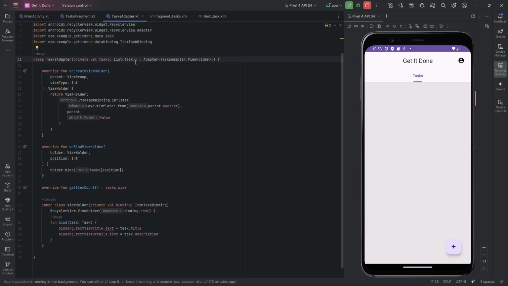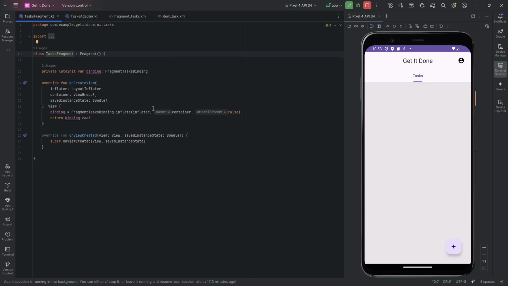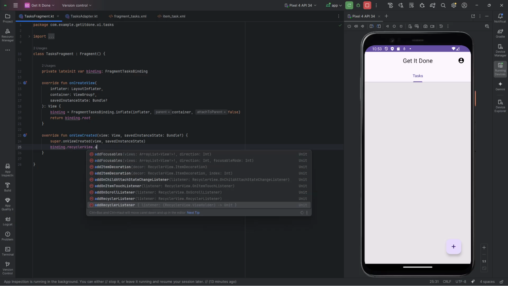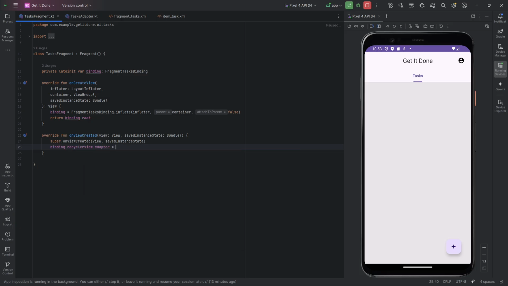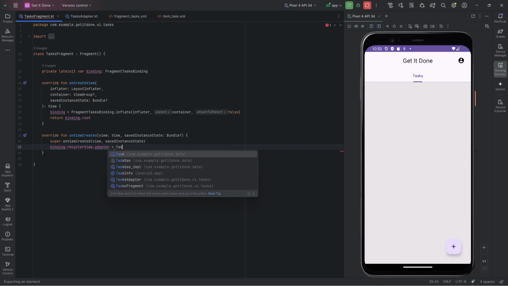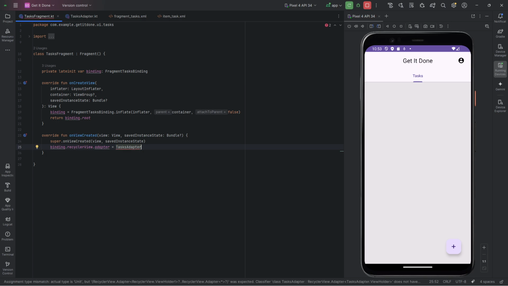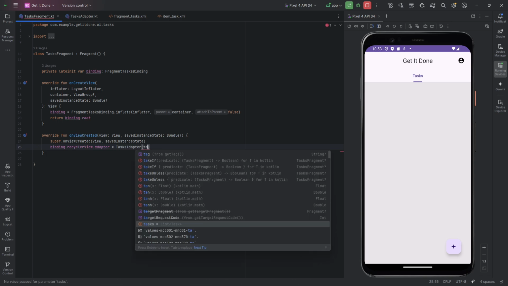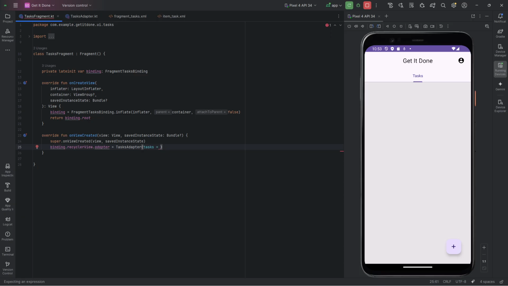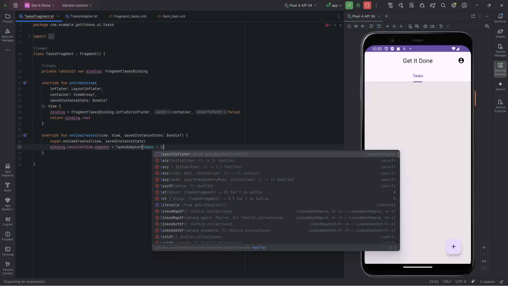So now that we have our tasks adapter, we can head back to tasks fragment. And then in the onViewCreated function, we can do binding.recyclerView.adapter equals our new tasks adapter. Now this is going to need a list of tasks. I'll just make a quick line break. So we'll do tasks equals, we'll do a named argument. And rather than making this tutorial longer than it already is by doing the database work, we'll just do a quick hard-coded list of tasks just to show this working. So list of, and then again I'll make some line breaks inside these brackets, and we'll just do a few